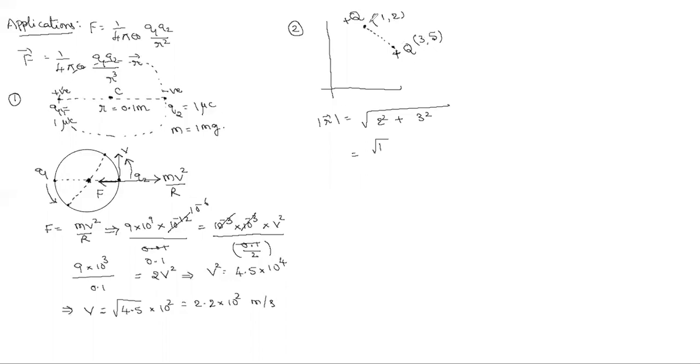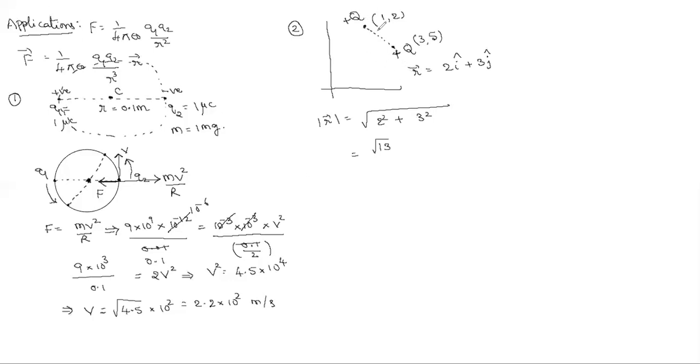The separation between the two charges in vector form is r bar equals (x2 minus x1) into i cap plus (y2 minus y1) into j cap. That is 5 minus 2, which is 3 j cap. Okay, this is r bar, and here mod r bar, I am getting 30. This is mod r bar.